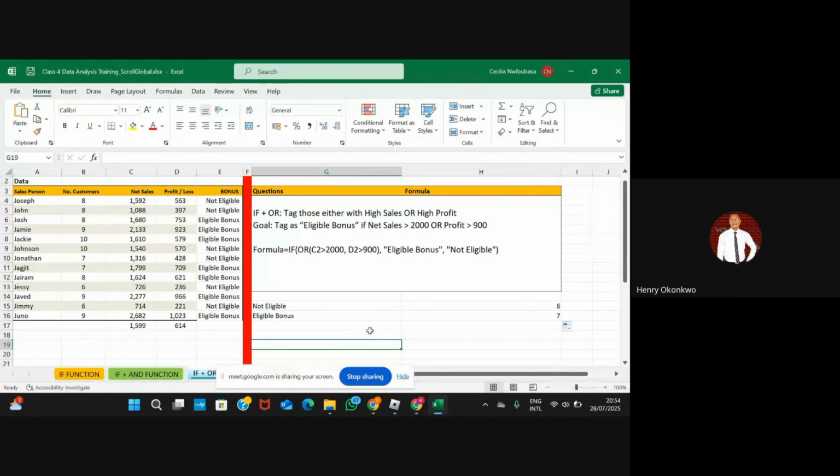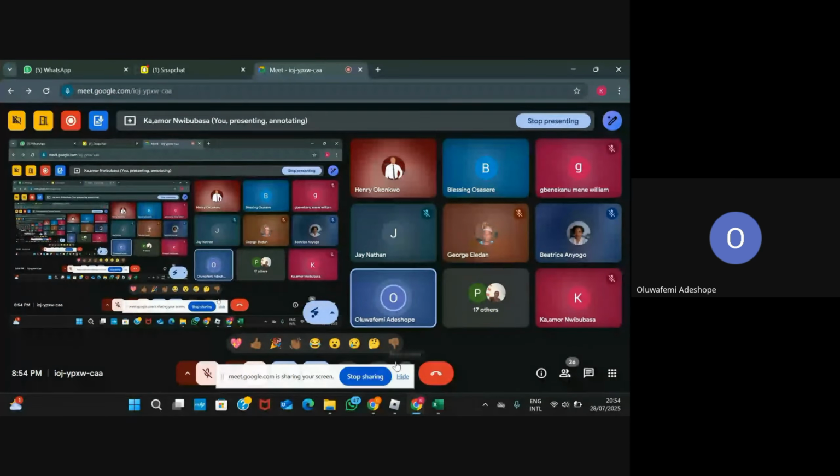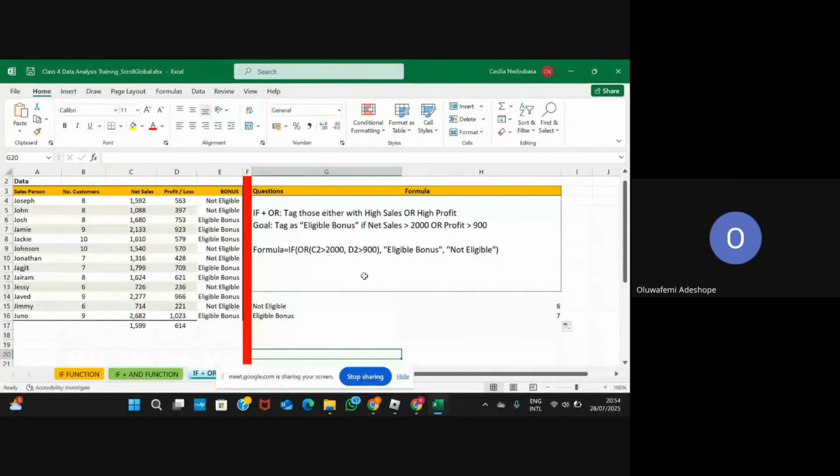Oluwafemi, okay. What happened? Where do you get 10? Let me check, because from the sheet, I have only 3 eligible. From what we were taught, eligible bonus means net sales is greater than 2,000 and profit is less than. We have 2 parameters: the net sales and profit. So from my chart,